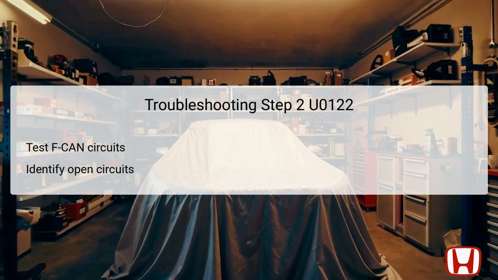Utilize a multimeter to conduct these tests effectively. First, check the resistance across the FCAN_H and FCAN_L lines. This will help identify any breaks in the circuit that could prevent signals from transmitting correctly. If an open circuit is detected, trace the wiring to find the fault's location so that it can be repaired